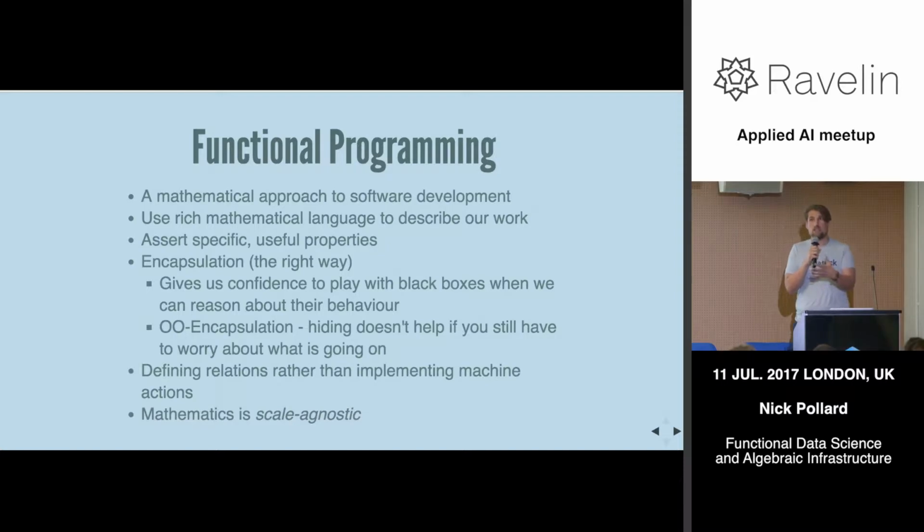And with functional programming, you might still not understand exactly what's going on, but you have these properties, these things that will be upheld by that code no matter what. And so you can reason about the way that you connect these, that they are still going to hold certain properties in certain ways if you put them together correctly. And one of the really useful things about using this mathematical language that goes back millennia is what I call scale agnostic. Mathematicians target problems small, large, humongous, any scale, and the same things are still important. So this is a technique that really could be applied to any problem.